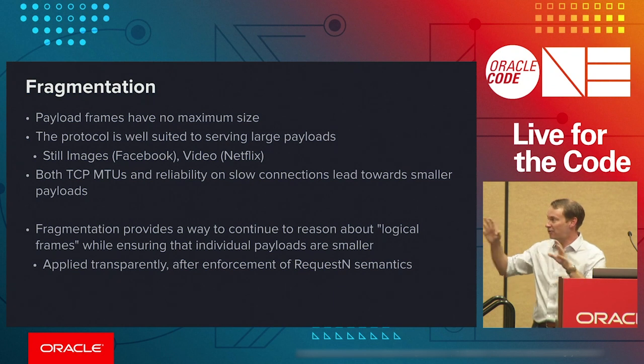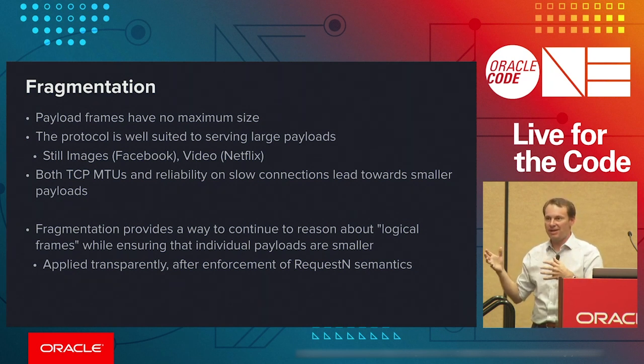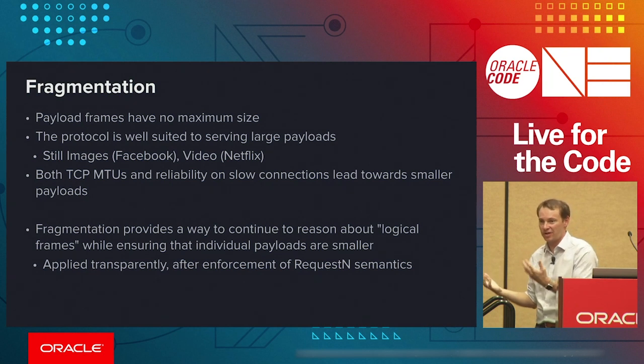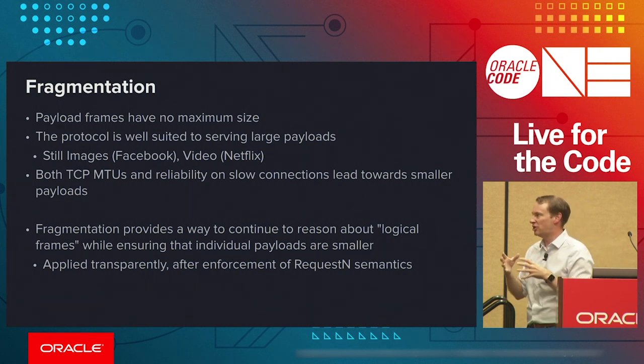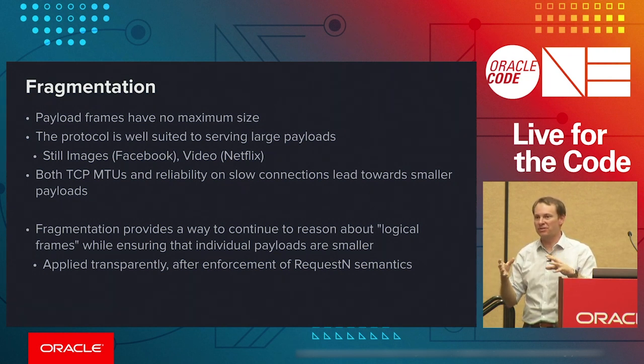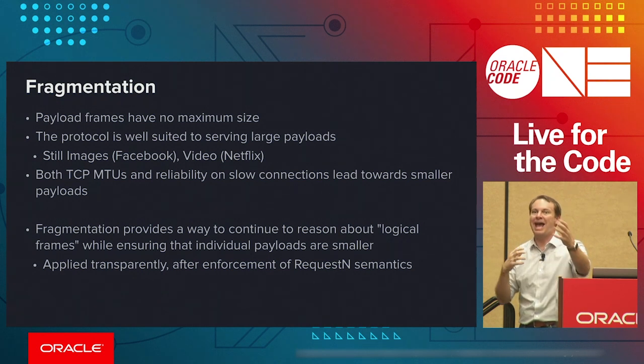This means that after all of sort of the request-n semantics have been satisfied, that I am requesting 8 whatevers, we'll then take those 8 whatevers, and for each one of them, we'll attempt to subdivide them. We'll break them into something significantly smaller, but we'll do it in a transparent way so that when it gets over to the other side, it can be reassembled transparently again and handed to the client that asked for it. And the real reason this sort of transparent fragmentation is really important is this idea of how request-n works. We said that TCP wasn't great, even though there is buffering and you can only get a certain amount of, a certain number of TCP data to you before you have to ACK it back and they'll send some more.